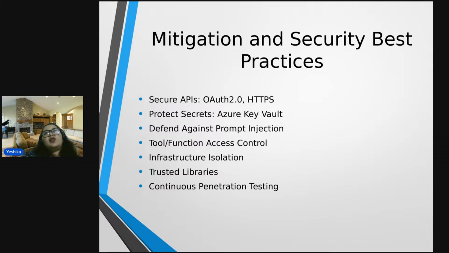And continuous penetration testing: the best way to understand or mitigate all the threats or attack surfaces is penetrating your own resources, checking that you are following the standards, the code, the ethics that have been listed. Is your agent appropriately standardized with definite standards or not? That is covered by penetration testing itself. So that should be a continuous process to maintain a cyber hygienic environment for your agent.